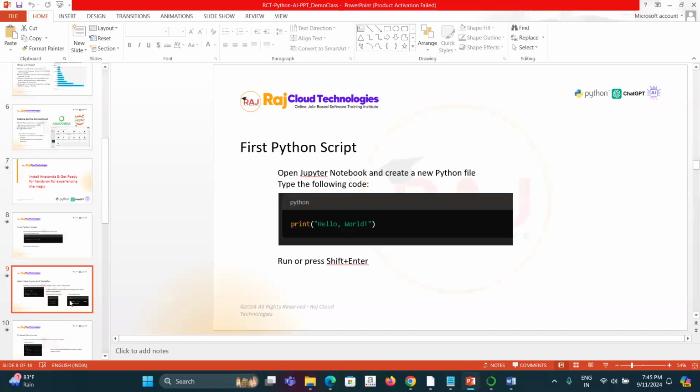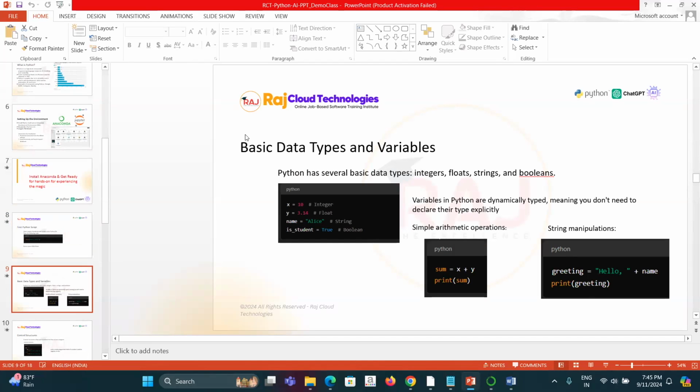Okay. Then I will quickly give you a glimpse of what kind of data types and variables are available in Python. There are basically four basic data types. First, integers. Integers are nothing but whole numbers. These can be like 10, 20. For example, the number of our session participants.